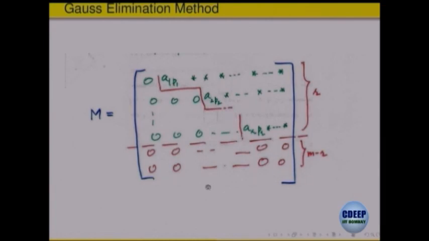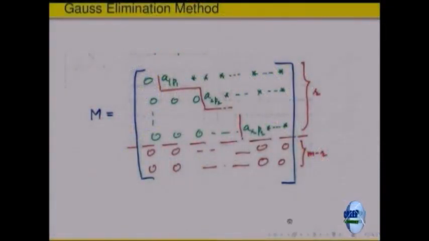This is called the row echelon form of a matrix, and Gauss said that if you apply elementary row operations, every matrix can be brought to that form. He did not say it exactly in matrix form; he was doing it for linear equations in 2 and 3 variables and so on. He said you can bring it to that form. Later on it was made more rigorous.